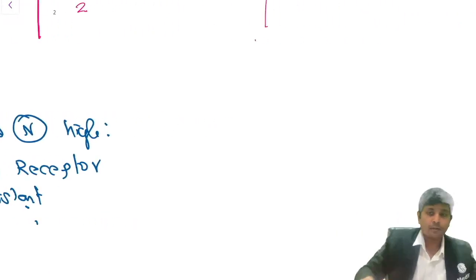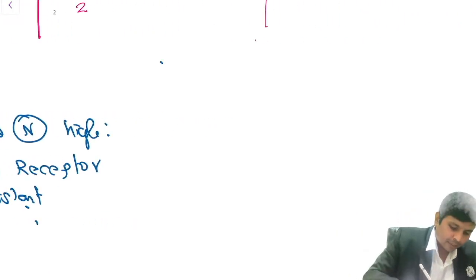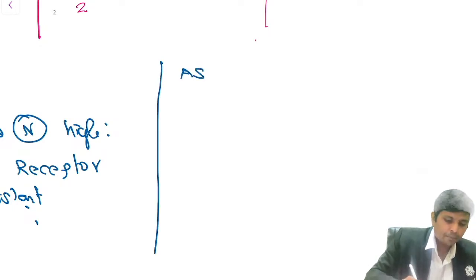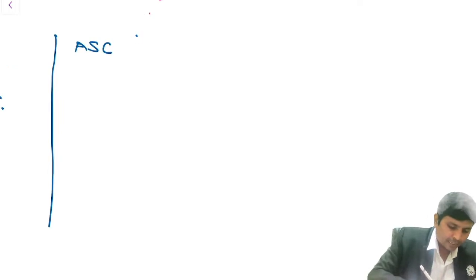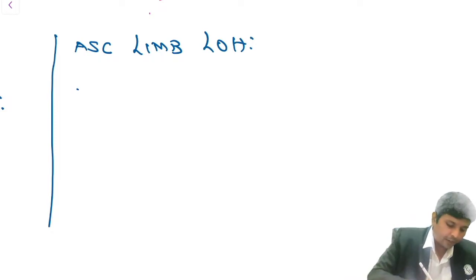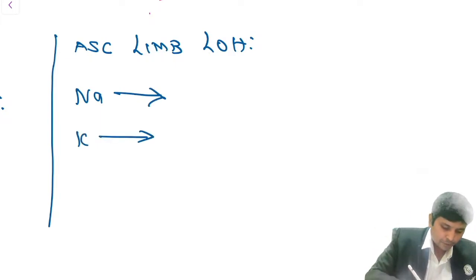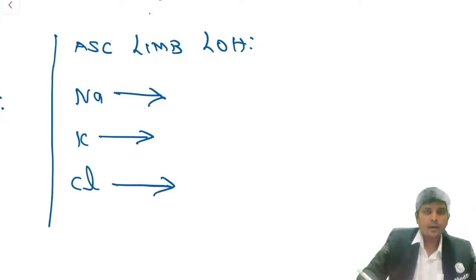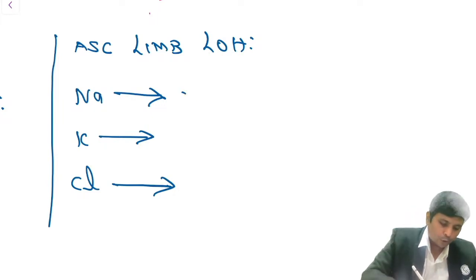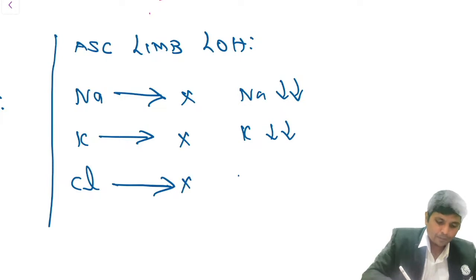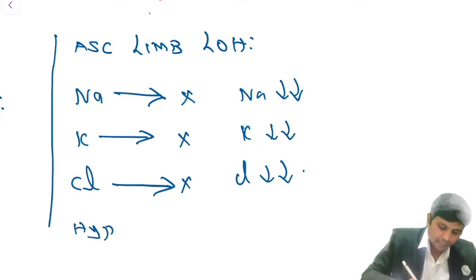Can it fit into Bartter syndrome? Let us see. What is the role of the affected site in Bartter syndrome? Bartter syndrome is a gene defect affecting the thick ascending limb of the loop of Henle. Normally sodium will be absorbed, potassium will be absorbed, chloride will be absorbed. But whenever there is a mutation in that, sodium will not be absorbed, so sodium will be low. Potassium will not be absorbed, so potassium will be low. Chloride will not be absorbed, so chloride will be low. Because of that, you will have hypo-